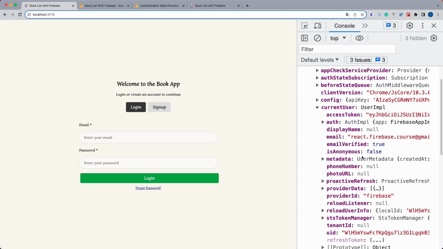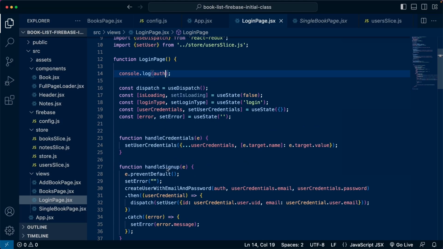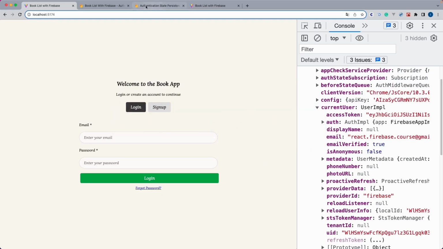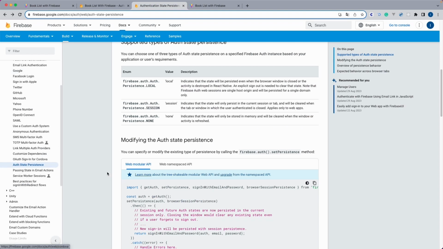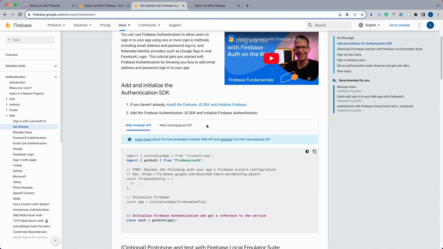Firebase is only going to log us out when we define a logout function. But like I explained, we are never reaching this code because we loaded the application again. And of course, we are not running these functions on page load. So this is why it's not a good idea to dispatch this from here. Instead, let's go to the documentation. Now let's go to the authentication section on Get Started. And if we scroll down